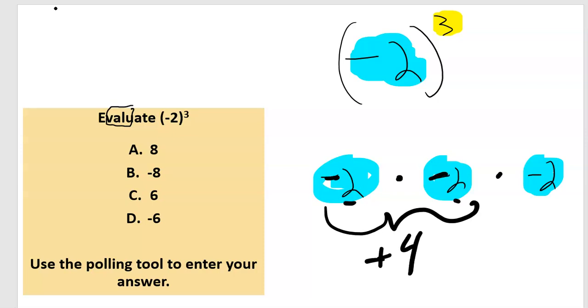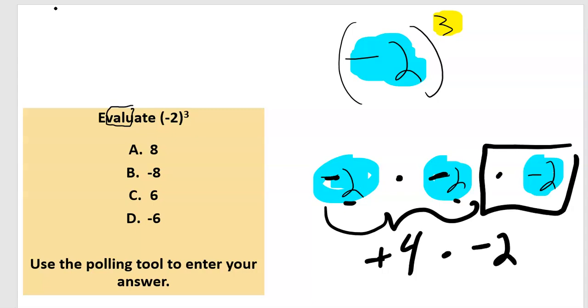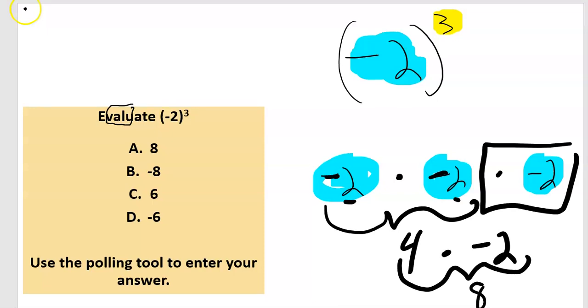So remember, we still have to multiply by this -2. So now we have 4 times -2, and 4 times 2 is 8, and since there's only one negative, it's -8. That's it for that part. Oh, by the way, that would be